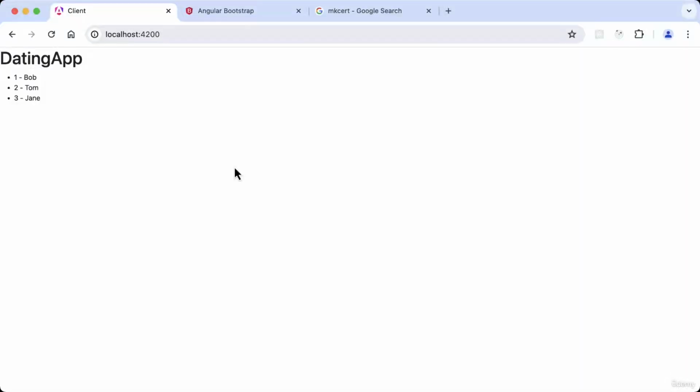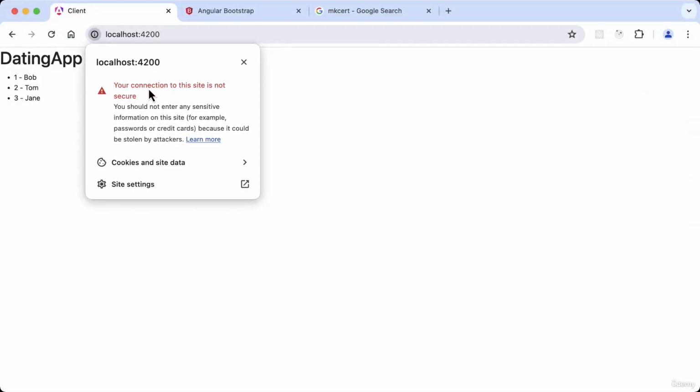Okay, currently our application's running on HTTP rather than HTTPS, and we get the warning saying our connection to this site is not secure. And we're in development mode, we're running on localhost, that's absolutely fine. But due to the number of requests I had from students that really wanted to run their Angular application over HTTPS whilst in development mode, whilst in localhost,